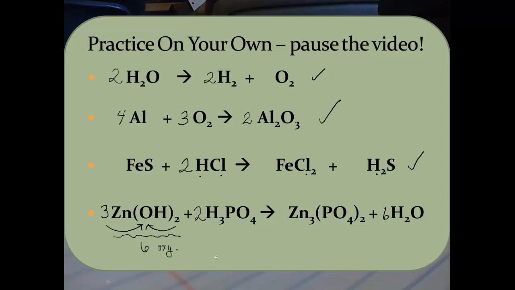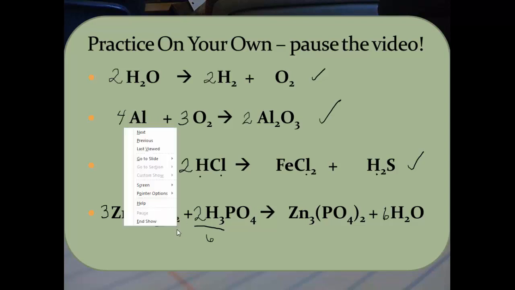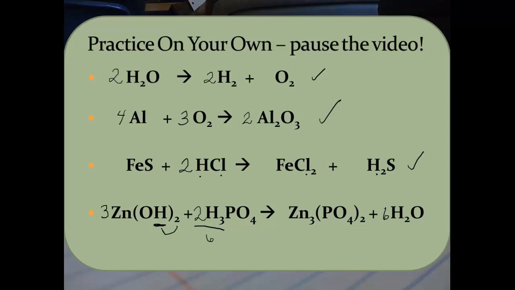Okay, I'm going to erase some of my little scratch work. Now I need to analyze the hydrogen. Well, how many hydrogens are right here? That's 6. But again, I have hydrogen over here too. You have to pay attention to everywhere where you find it. So I have 2 hydrogens because of the subscript, but there's 3 groups of 2, so that is also 6. So my hydrogen on this side is really 6 plus 6, so that's 12. So good thing I have 12 hydrogens over here. So moving on,